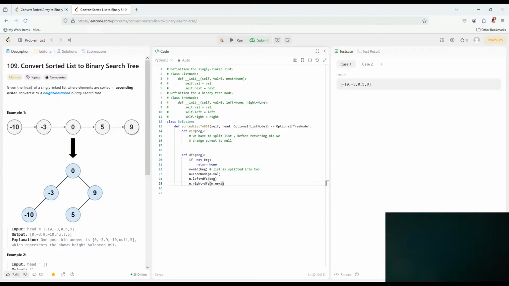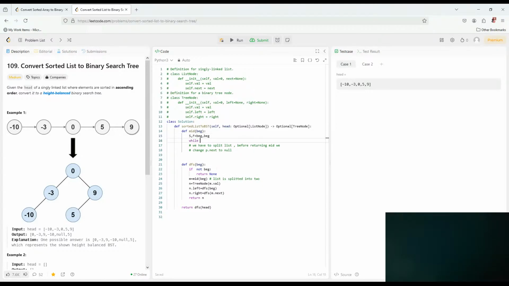Because we are not accepting middle point. And then we return a node. And here we call return DFS head. Now we have to code mid, and for that we assign slow and fast pointer pointing to beginning,